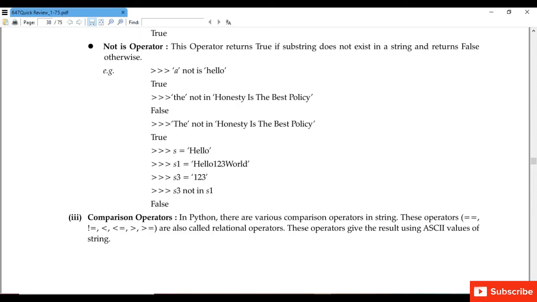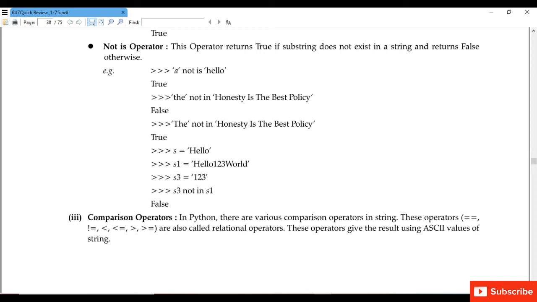Next is 'the' in 'honesty is the policy'. Since 'the' is a part of the string, we will get true. Next we have taken two strings. S is equal to hello and S1 is equal to hello world. Now we are checking whether S is in S1, means S is a part of S1, so it will return true.